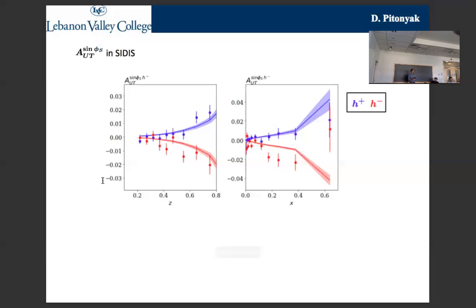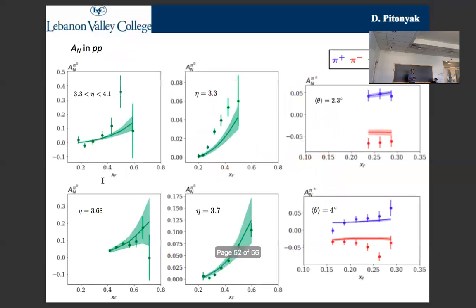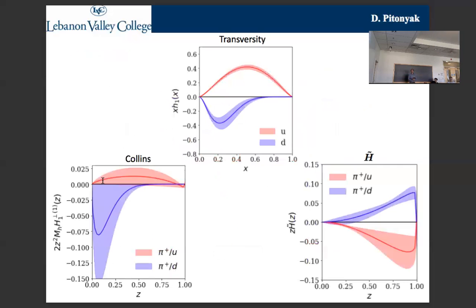Which scale is the transversity you were showing? All of these data are sitting around a Q of about, I think, 2 GeV. I have to look back at what I put in. 2 GeV squared or 2 GeV? No, Q of 2 GeV. I have to look back at what I put in. So the average Q of the